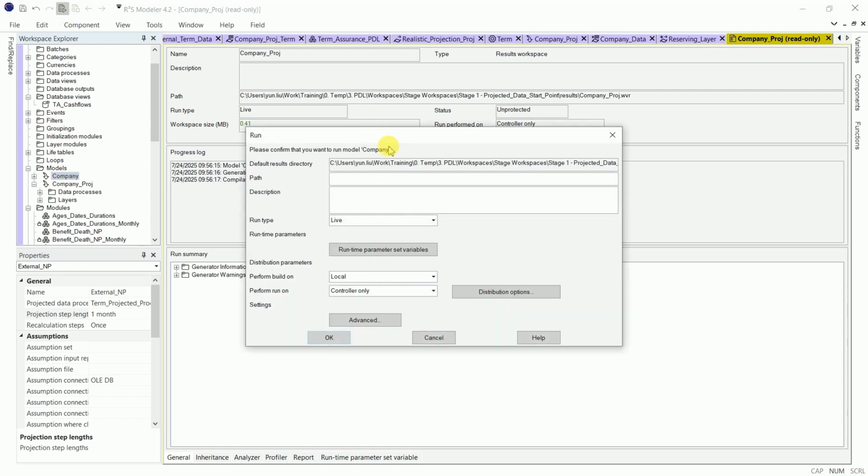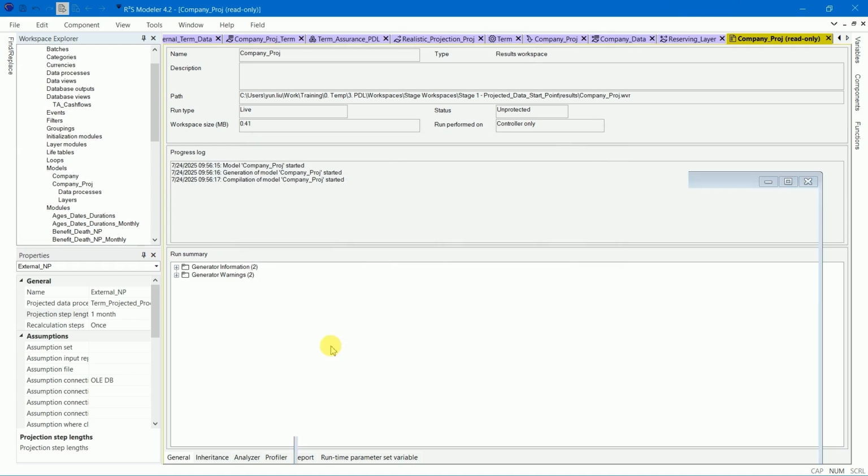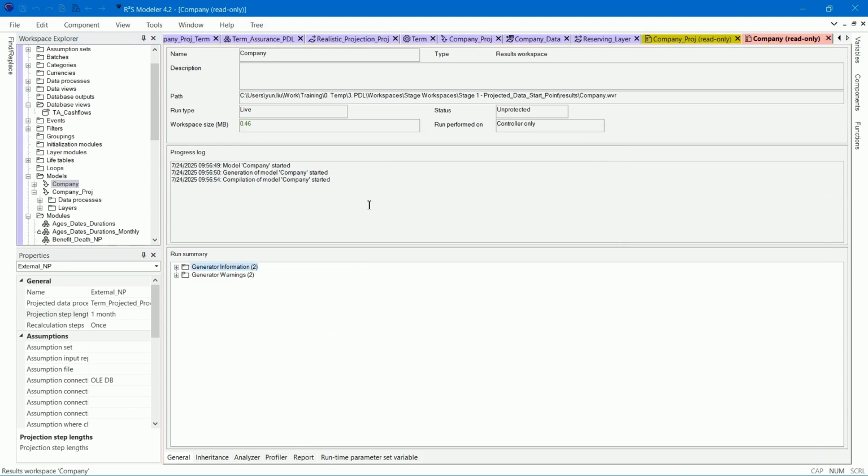Call the run company. Now both model runs are completed.